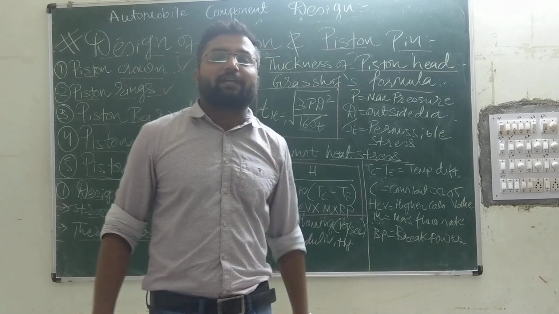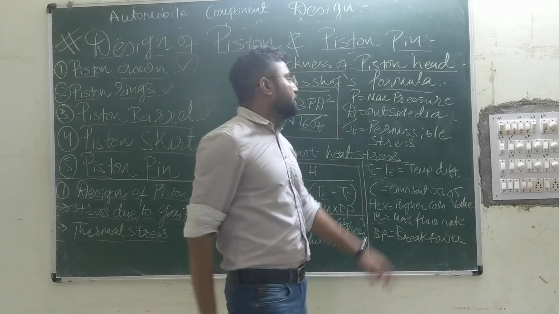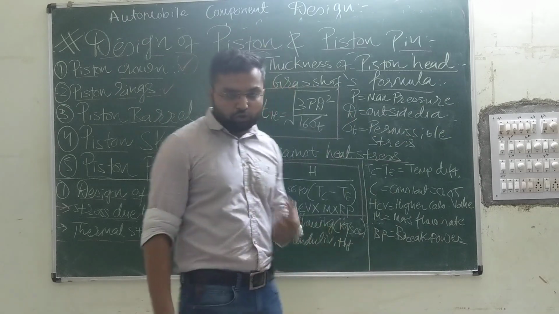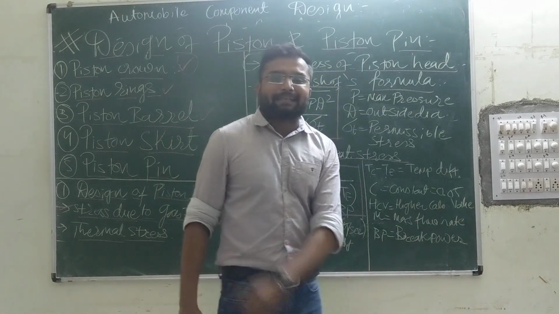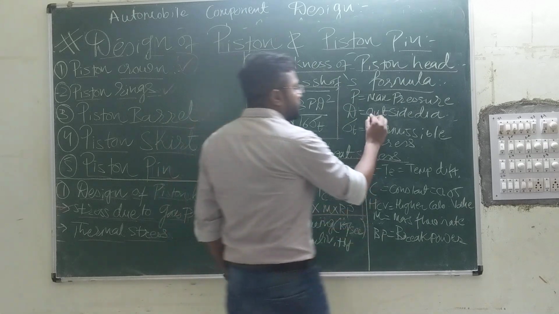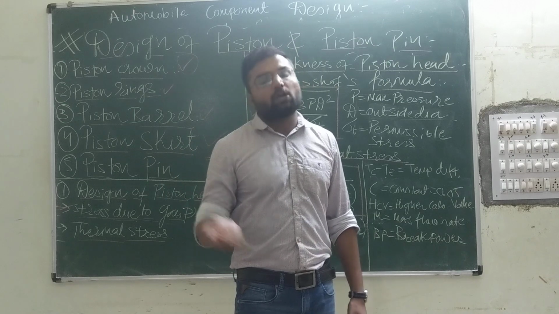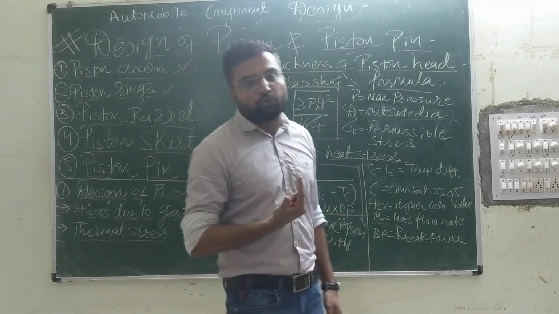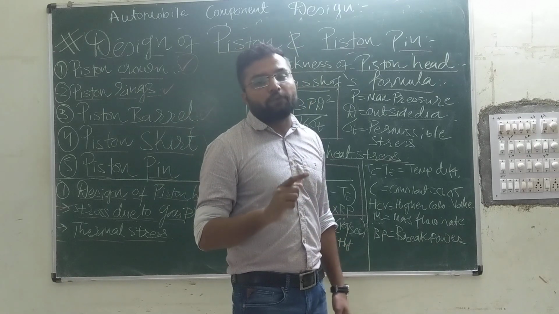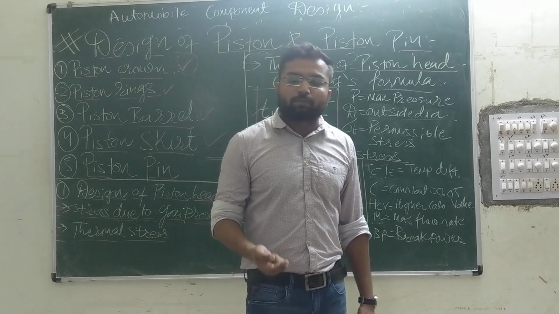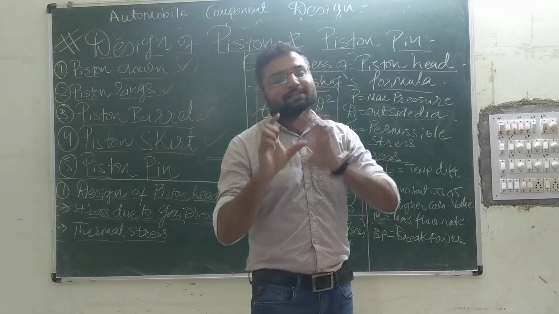It is not the mean effective pressure which we have considered in IP, or indicated power. This is the mean effective pressure. Clear? So you should remember this. Sorry, this is not the mean effective pressure, it is the maximum pressure. Second, D is the outside diameter of the piston. It is also the inside diameter of the cylinder. So if you are given the inside diameter of the cylinder, it is also the outside diameter of our piston. Both are the same thing.